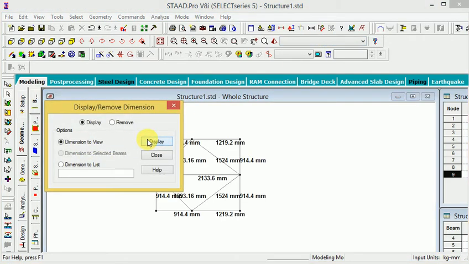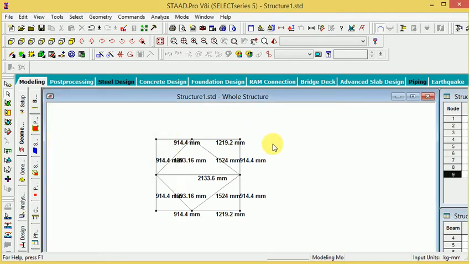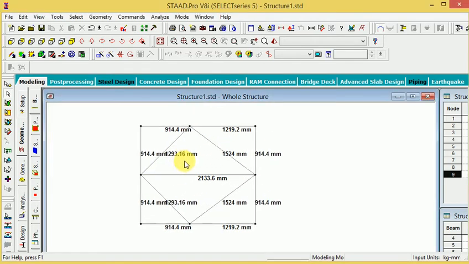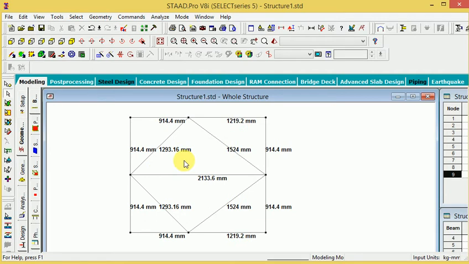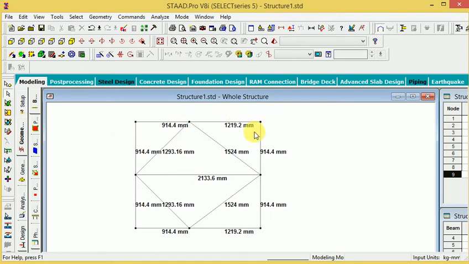When you display the dimension here and check this dimension, this is 914.4 mm. This is the same distance here.